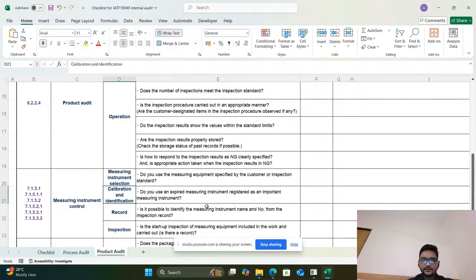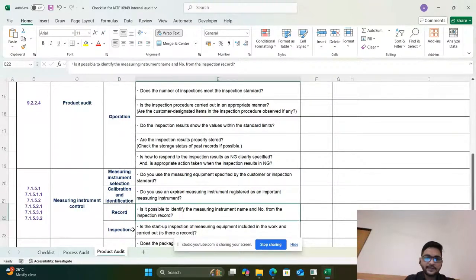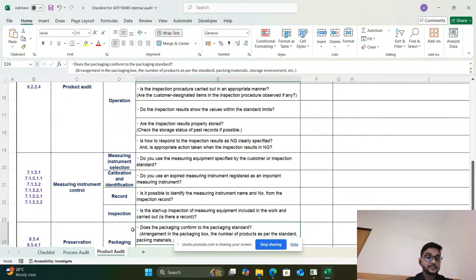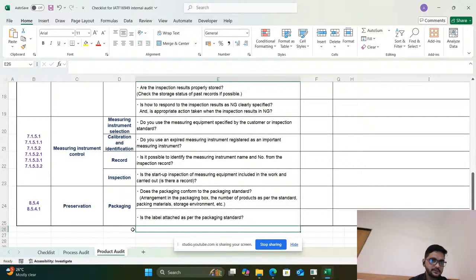Do you use an expired measuring instrument registered as an important measuring instrument? And next is record. Is it possible to identify the measuring instrument name and number from the inspection record? We can check the instrument number mentioned in the inspection record against the actual instrument.